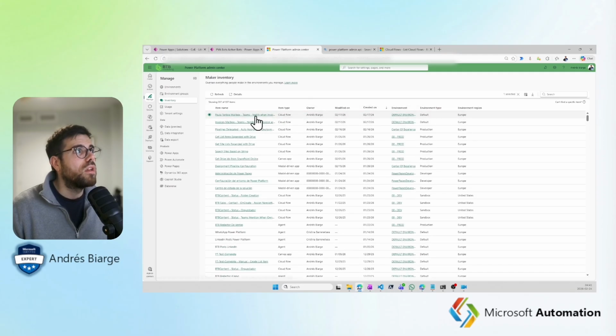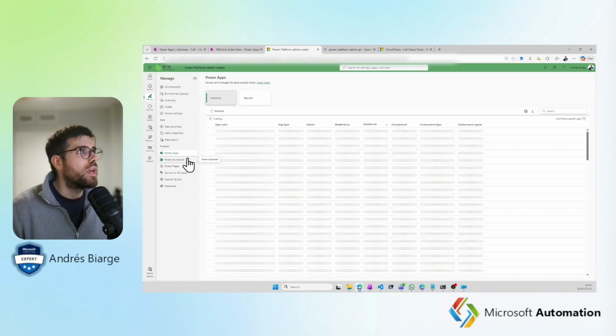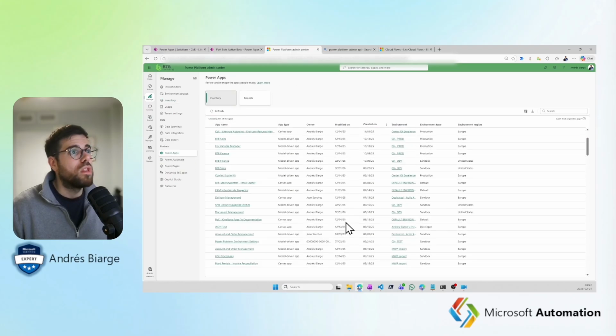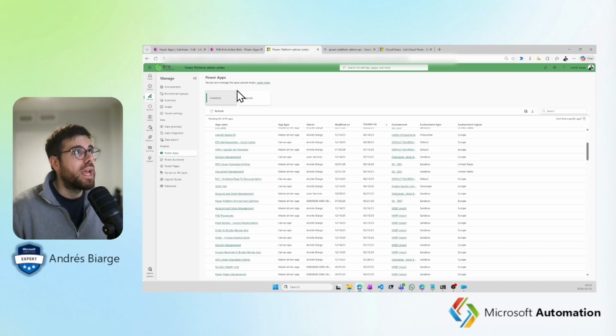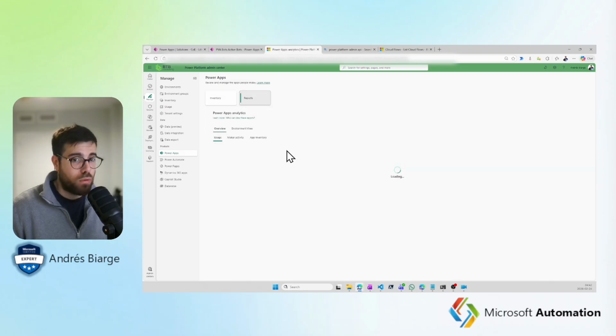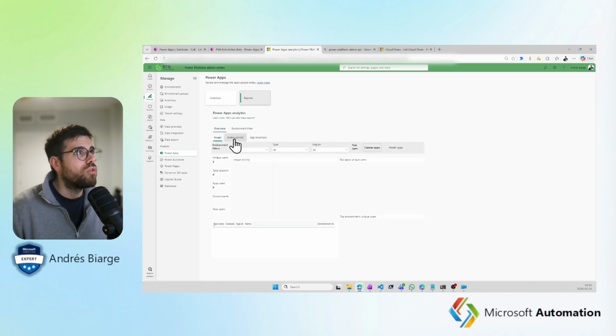If you click, you will be redirected to the app itself. And same if you go to, for example, Power Apps: you see the same table filtered by apps, and then some reports made with Power BI about usage, maker activity,